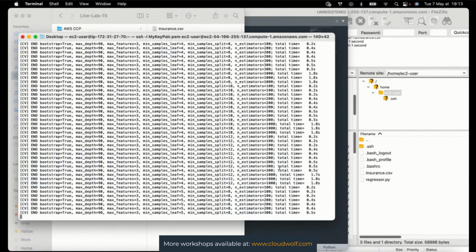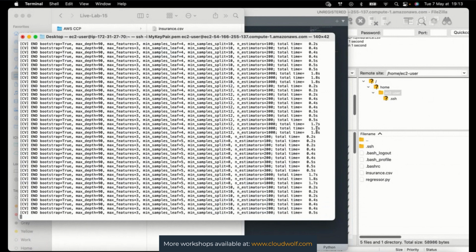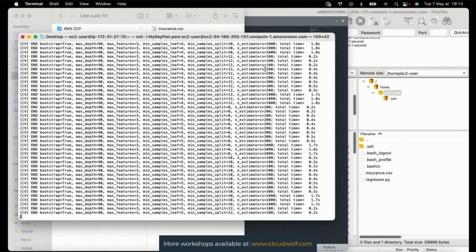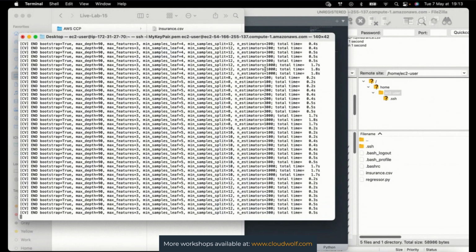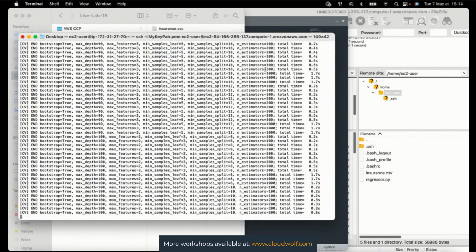And of course, we noticed that for the high number of trees, 1,000 trees here, the training time is longer, 1.7 seconds when you have 1,000 trees versus 0.2 seconds when you have 100 trees. Obviously. But it's still very fast. Can you imagine? It's training a random forest of 1,000 trees in 1.7 seconds. Pretty good. Sorry, until it's doing this, can you show again the regression script